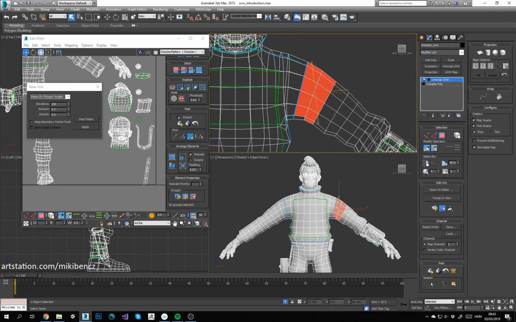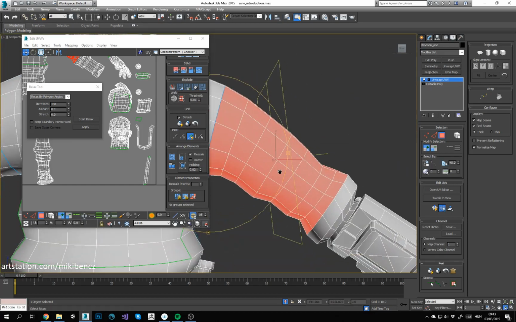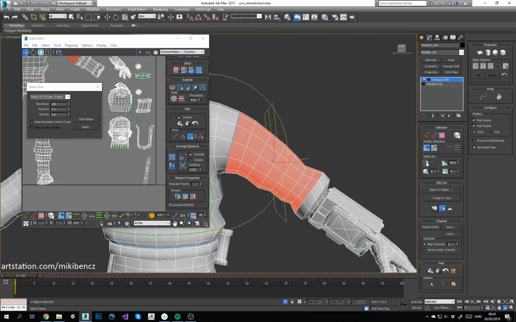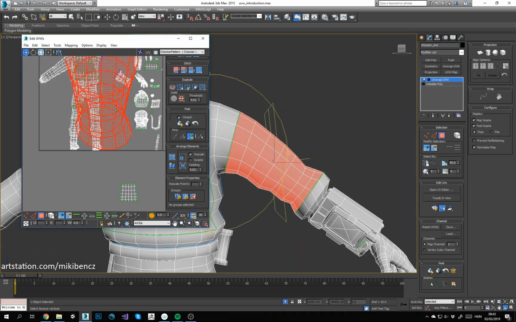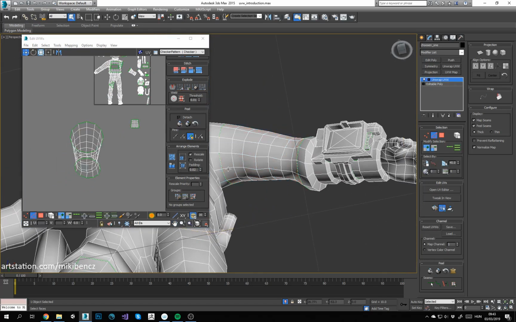And let's do a quick unfold. So hitting Quick Planar, it brings it into UV space. I'm gonna cut a seam here to the bottom side. You can hit the loop button, and then